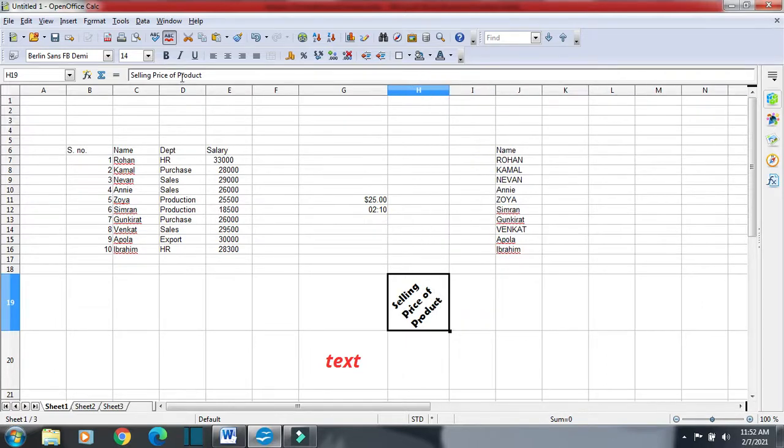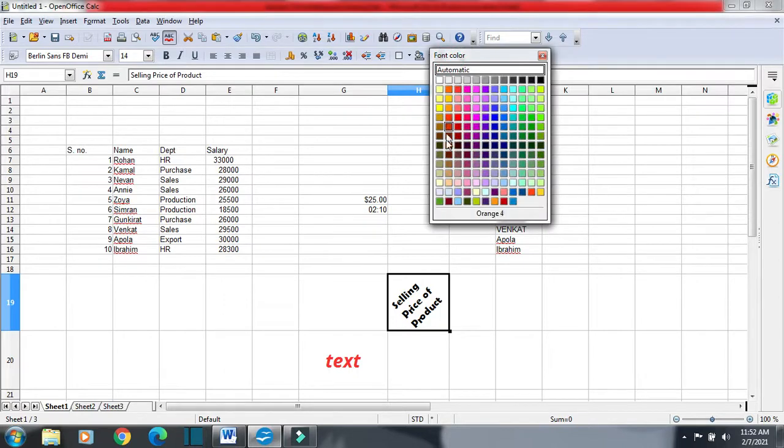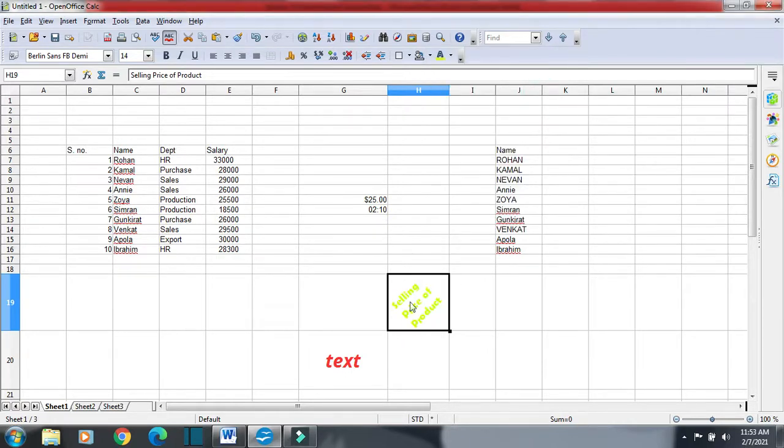Okay, and for changing the color of the font, I will just click here, font color, and from here I can select any type of color. Suppose I want to go for this color, yellow green. So you can see I have changed the color of the text also using formatting toolbar.